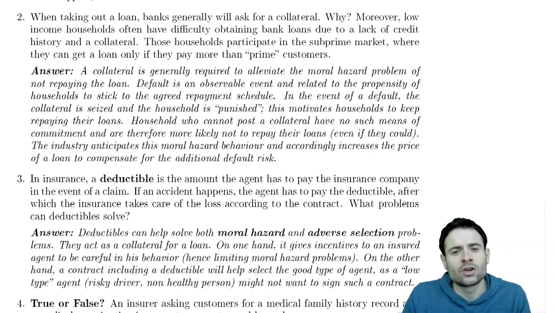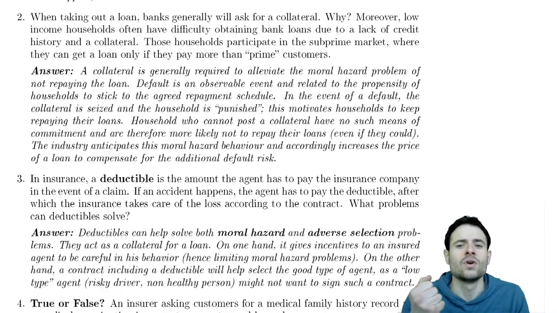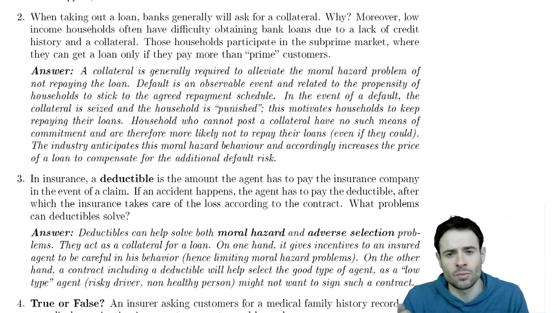having a collateral in the contract will make sure that if you cannot repay your loan, you cannot walk away from the bank unharmed. You will have to give something to the bank, the collateral. This will limit incentives to strategically default on your loan, or it will give you incentives to be pretty thorough when repaying your loan. Default is an observable event, so the contract here, the collateral, is a clause that is going to depend on something observable, the default.